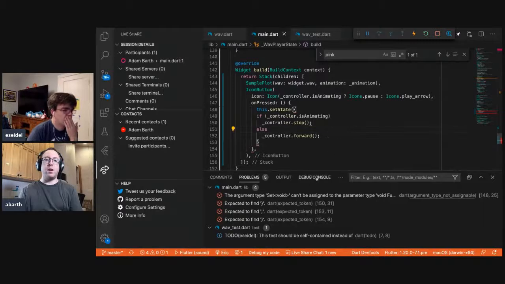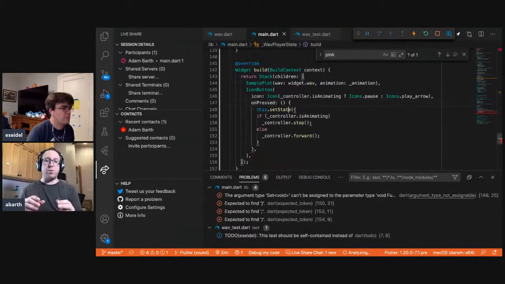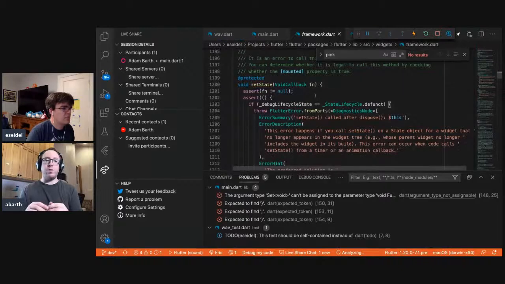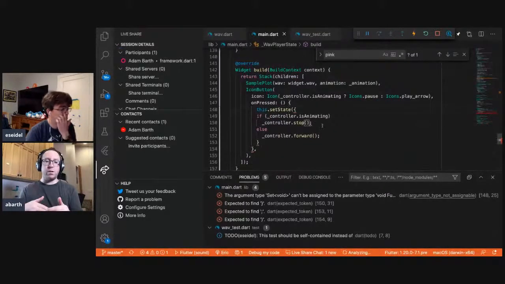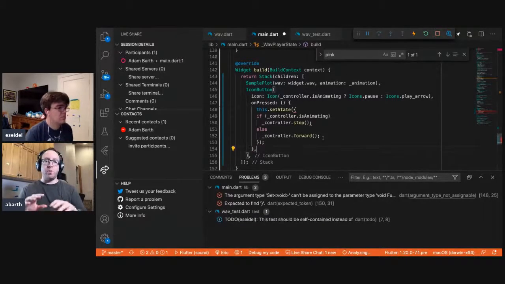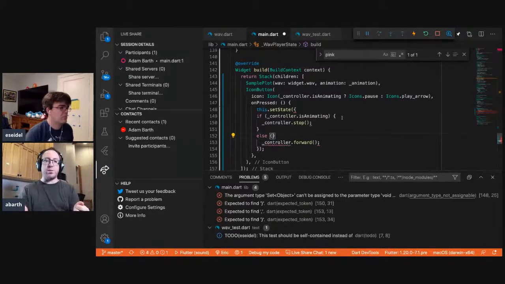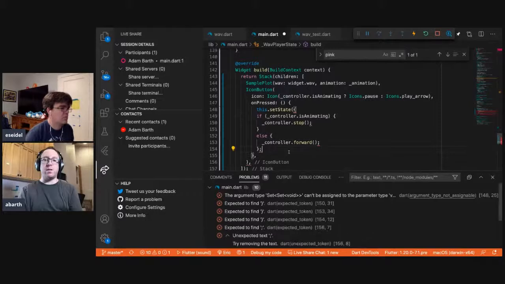So earlier when we had the animation, that was happening behind the scenes because we had used the animated widget base class that was listening to the animation for us and knew that the framework should call the build method every time the animation advanced to a new point. So here, because we're above that, we're in the parent widget who has the control of the animation, when we make a change that's going to affect the is animating property and therefore affect what icon we want to show, we need to directly tell Flutter, hey, we're changing something about the state that's relevant to this build function, which is what this set state function is doing for us.